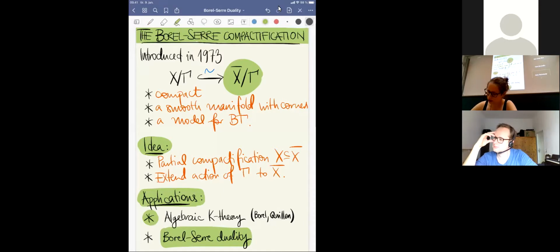But the main technical ingredient is this partial compactification X bar. I also suspect that this is perhaps the main black box that people have with regard to this result, actually using this partial compactification. And the proof really doesn't just use that we have any partial compactification like this, it really uses the explicit structure of it. So once we've given the outline of the proof, I want to get back